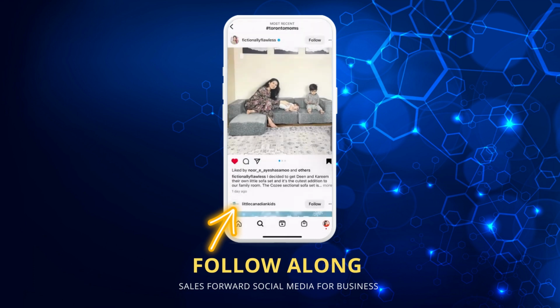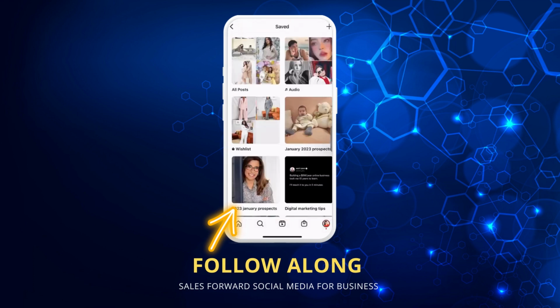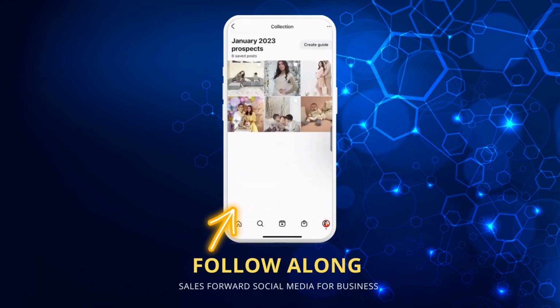So now that you have, let's assume for the week you have done 50, the following week you're actually going to go back to the folder and keep engaging with the same 50 people, 10 at a time each day for the next 3 weeks. And the way that you're able to keep track of these people is by going to the 3 dashes on the top, go to your saved, and then go to the January 2023 prospect and see you have all the different accounts, all the posts using that same hashtag in one place, but each one belongs to a different account. And the reason you have it set up this way is because the following week, when